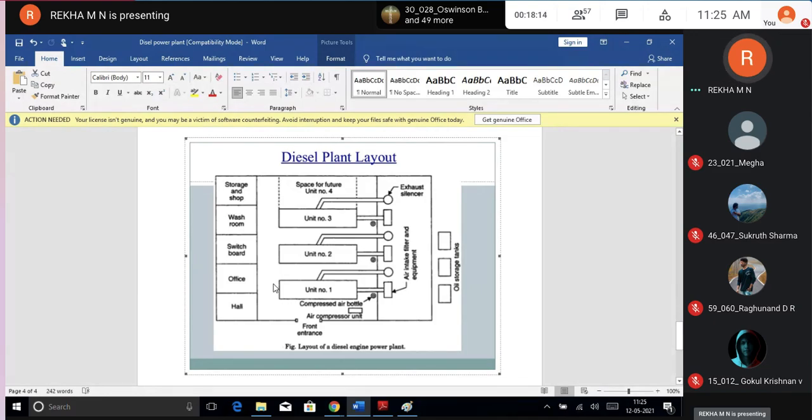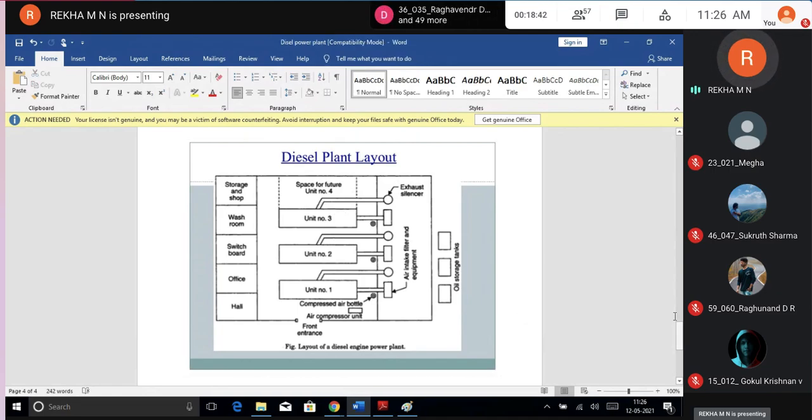Now the question is how to give the question for this. For me, how to pose a question for this, I really don't know. I will think upon how to give it, because should I expect this layout, or should I expect how you have to design a layout? What should I expect? I have to think upon it and give a question. So according to that question, you also think and write. Okay. I hope the concept is clear.